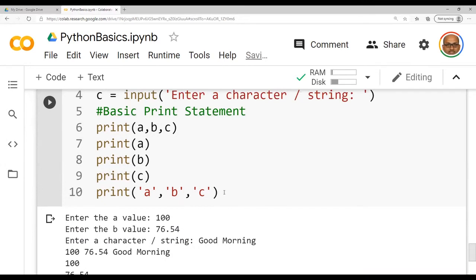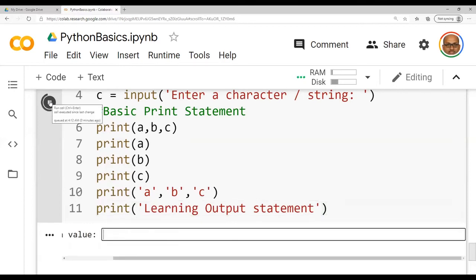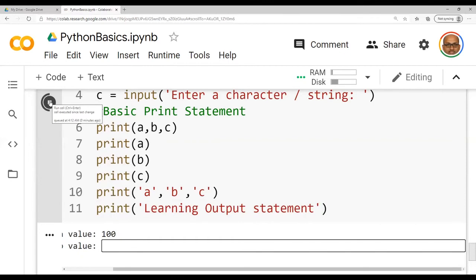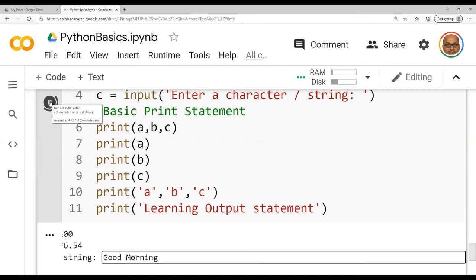Now let me check once again. Print learning output statement. Right, this one. Since the input, you people remember, I am typing as it is. The third one is good morning. Now we are trying to check what will be the output for line number 11.